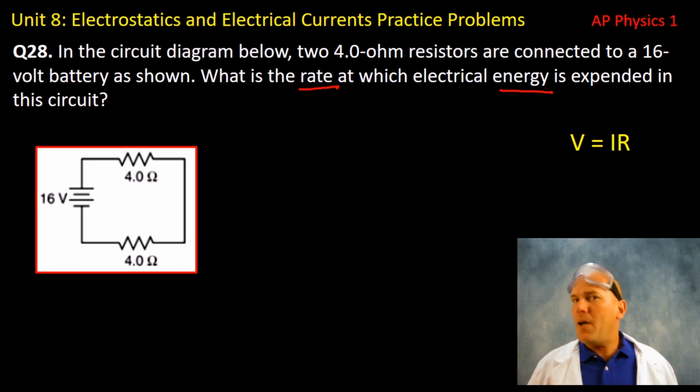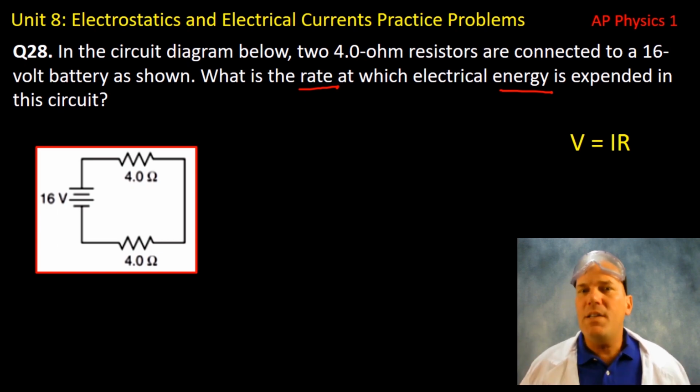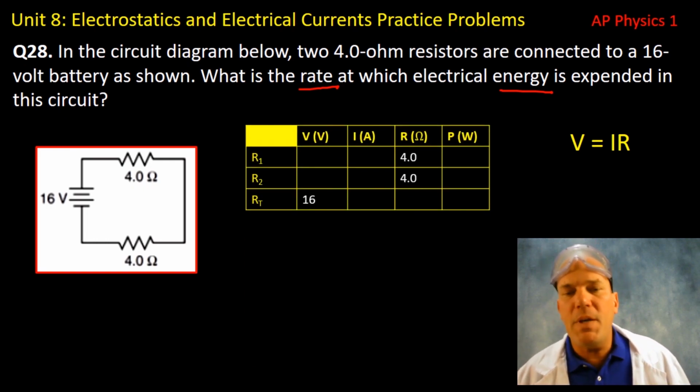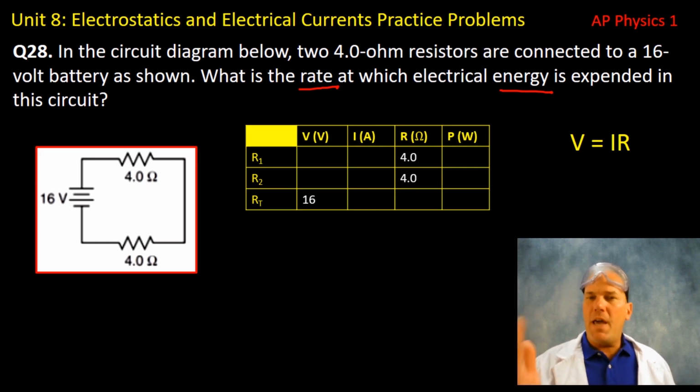When you're asked about energy and the rate of energy expenditure, you're being asked about the power. Let's get a VERP table. Here we have our values for the 2 resistors. They are in series. We're given the total voltage to be 16, and